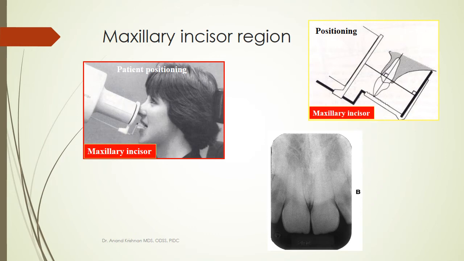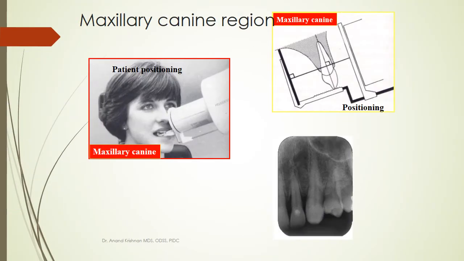So this is very straightforward. It is very easy to do, and it is also a very sought out kind of technique. If you want a very accurate, or a very good representation of the tooth of your interest, this is a very sought out technique for taking an IOPA, that is your paralleling technique. So this is the positioning for the maxillary incisor region. This is your positioning for the maxillary canine region. So it is all the same way.